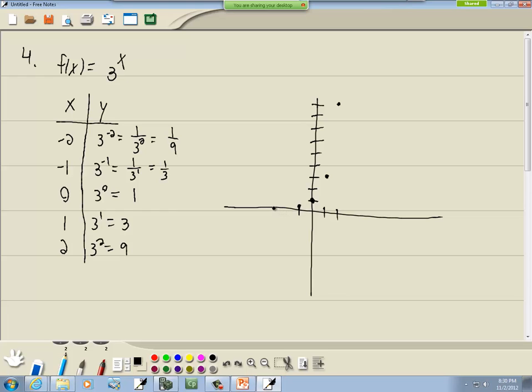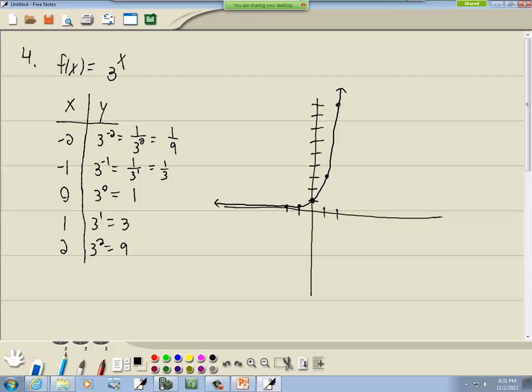Maybe right there. And -2, 1/9, which is even closer to the x-axis. So our graph would look like that, and then it skims that x-axis, getting closer and closer to it, but never touching it,